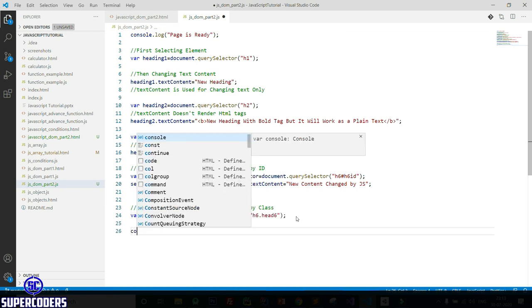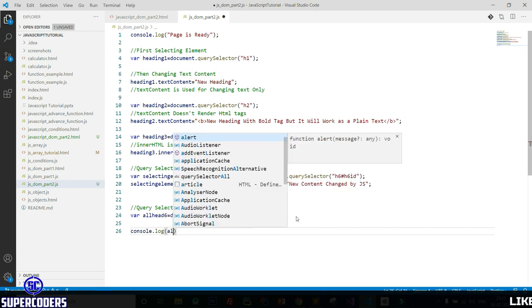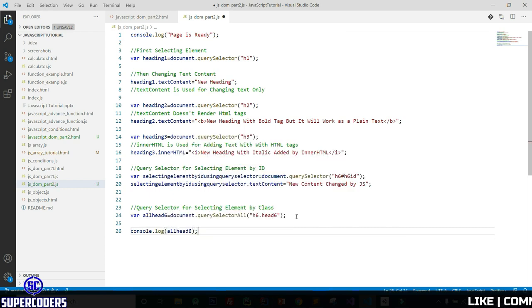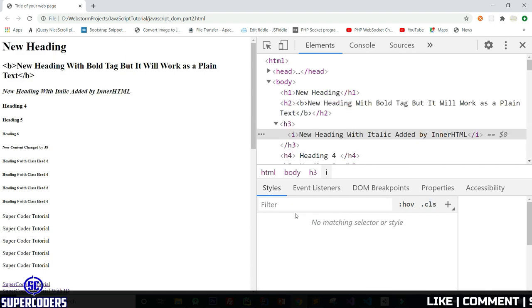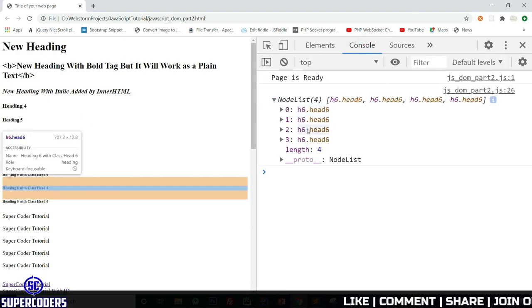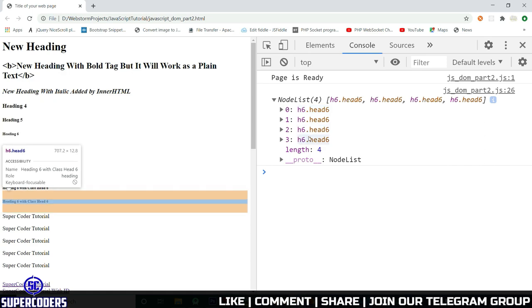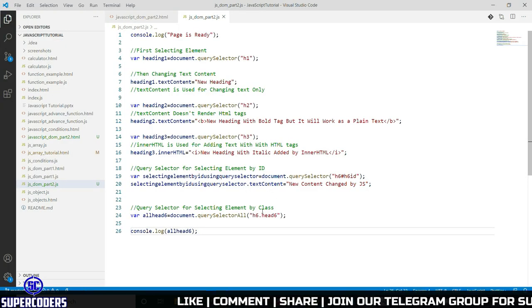So let's see. For now just print the value, console.log allHead6. Now come here to the console, and here you can see it selected all the elements by class name using querySelectorAll. So in this way you can select all elements using querySelectorAll.